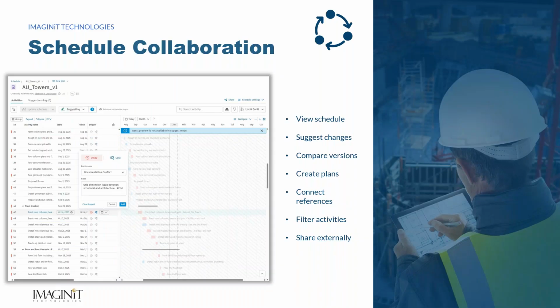But what's really powerful is the ability, as a foreman or a superintendent or project manager on site, if there are schedule impacts, whether it's a weather delay or a delivery delay or an RFI delay, you can identify those delays against the schedule and suggest, hey, I need a couple extra days because of such and such, and then you submit that to the scheduling platform, and then the master scheduler, the CPM owner, will then take those